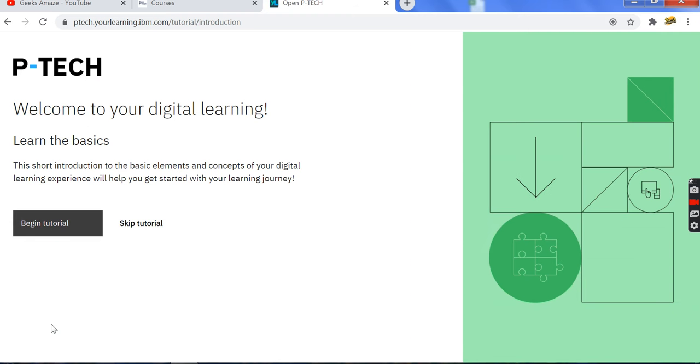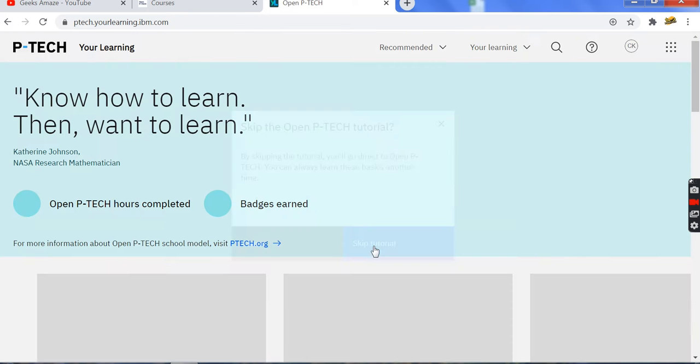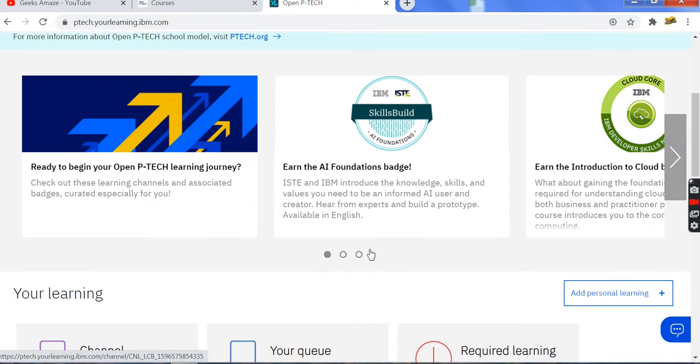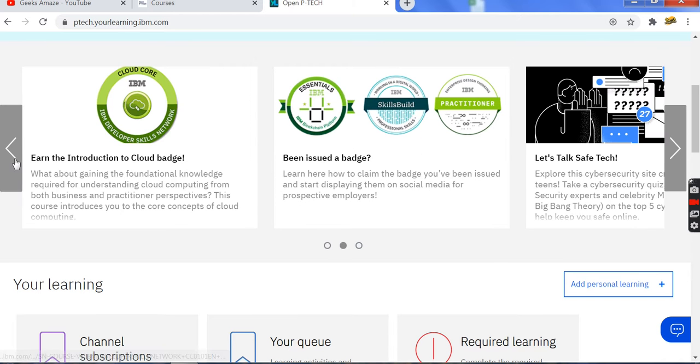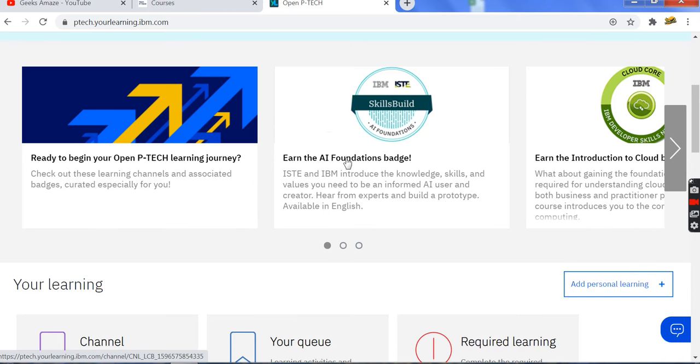You can click on done. You can click on skip tutorial. Here you can see the badges. IBM AI Foundation badge. So you can click on badges.